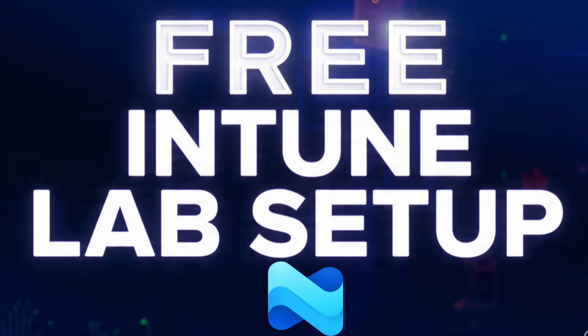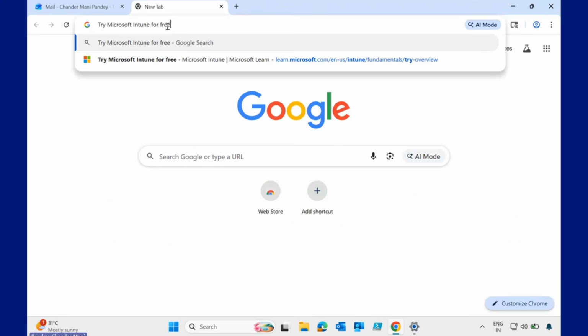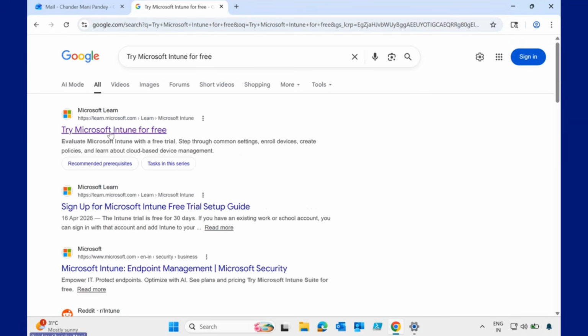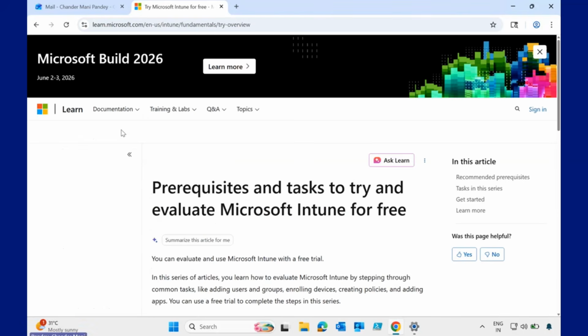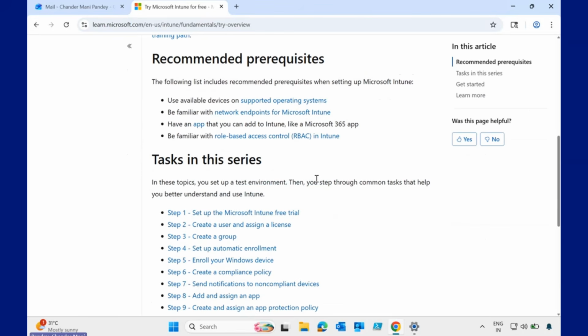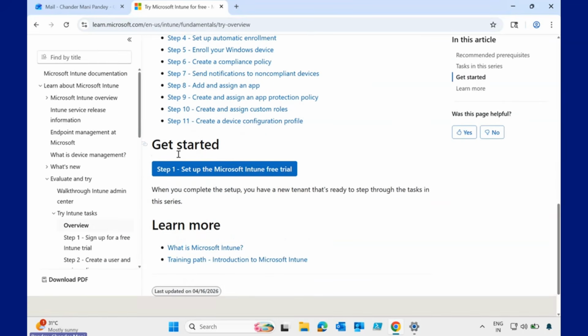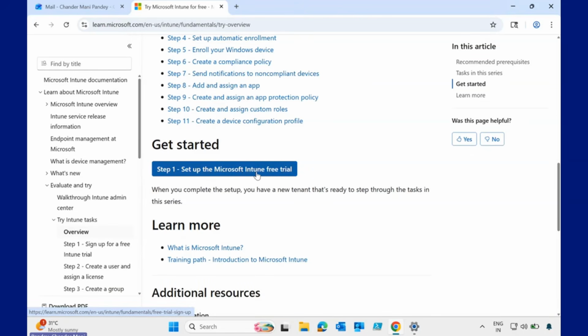To do this, first of all, we have to go to the internet and search for "try Microsoft Intune for free." Then you will see the very first site, "Try Microsoft Intune for free." Here you will be able to see all the recommended prerequisites, and at the bottom you have an option to get started and set up your Microsoft Intune for free. You have to click on this,